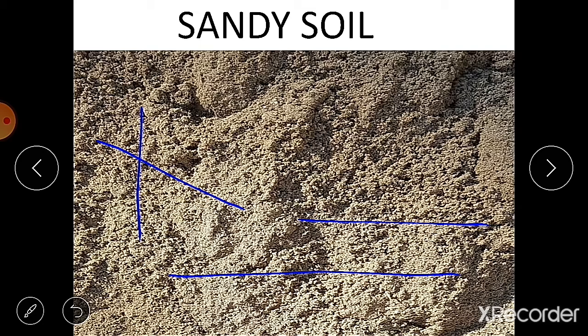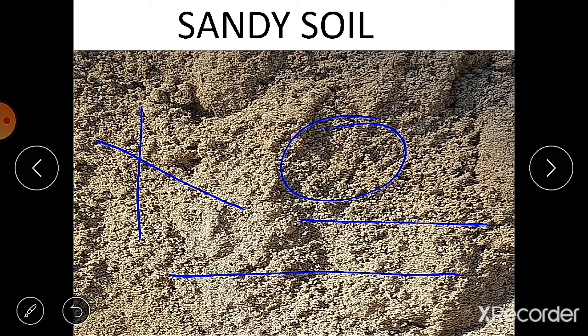The sand particles in sandy soil are quite large. Since large particles cannot pack themselves closely, there are a large number of gaps or empty spaces between them, and these gaps are filled up with air. So we can call sandy soil well aerated soil, because the gaps are filled with air. Because of these empty spaces, water can drain through this soil easily, and therefore sandy soil is light, well aerated and dry.